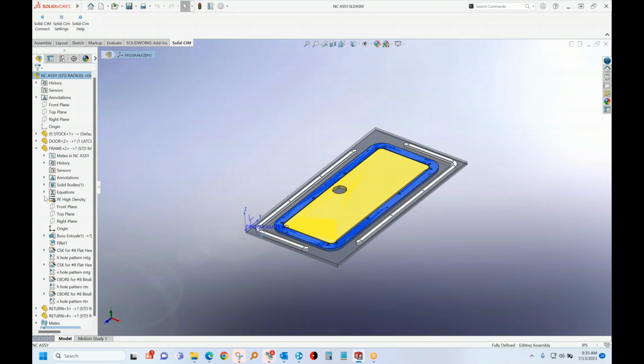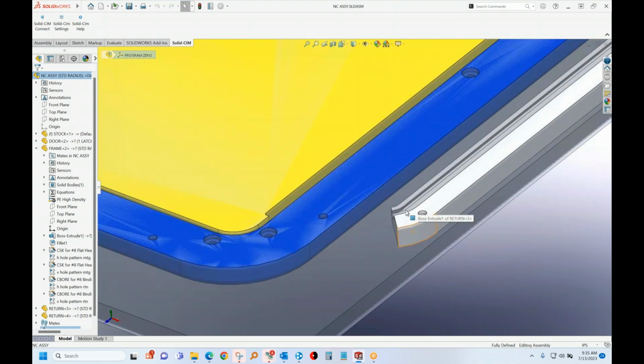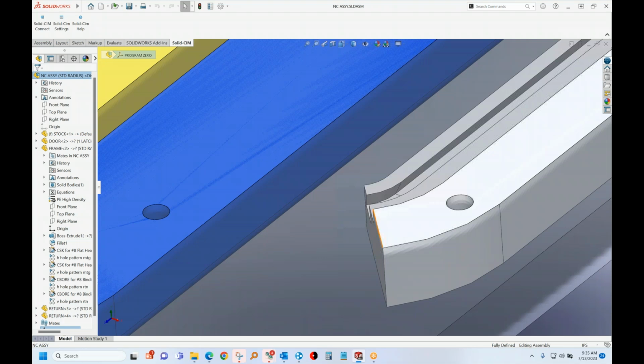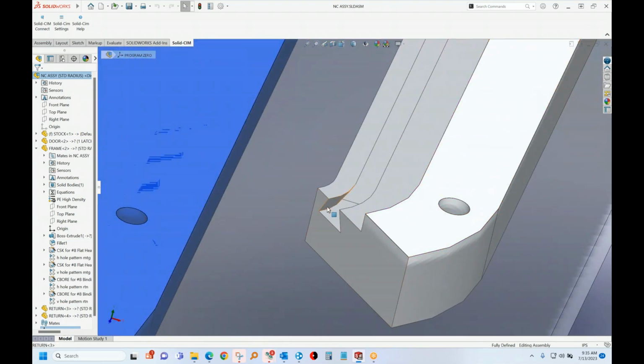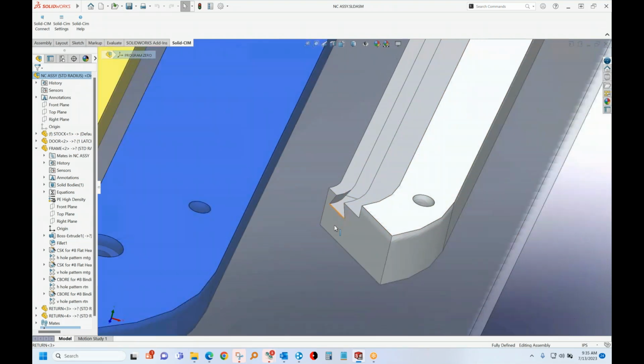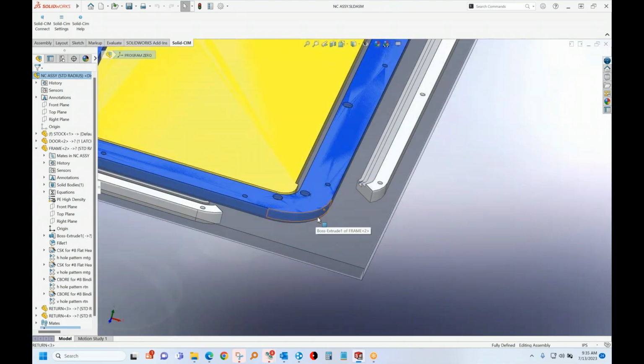So we're going to pick up the name of the part, the material, and the depth of all the cuts and the counterbores and so forth. I do see a problem with the cutout over here. The way this dovetail is created is going to not give us perfect feature recognition, but everything else looks like